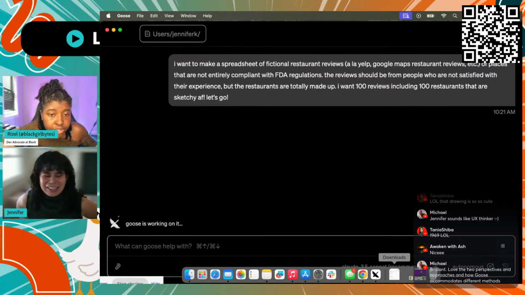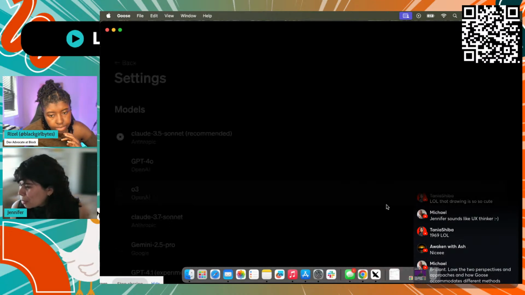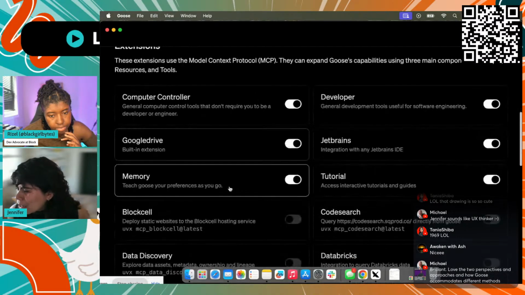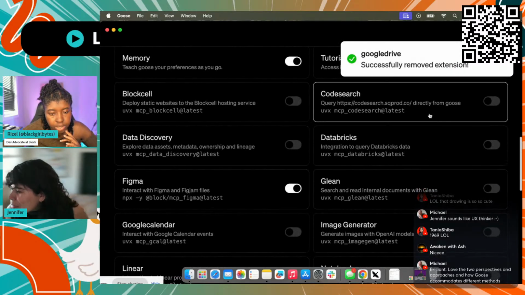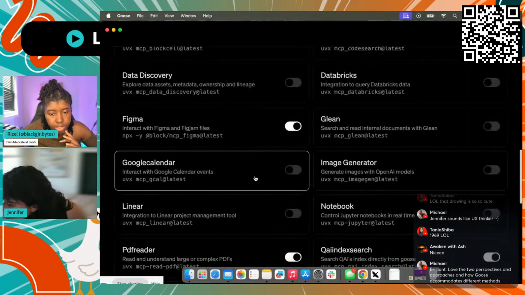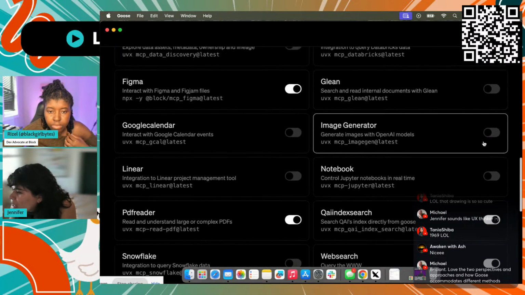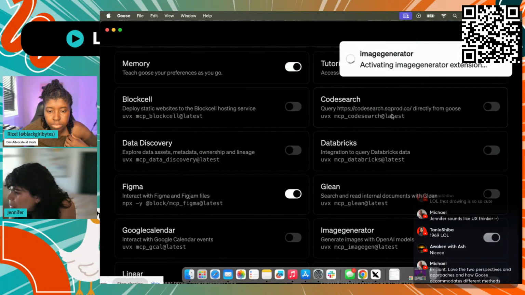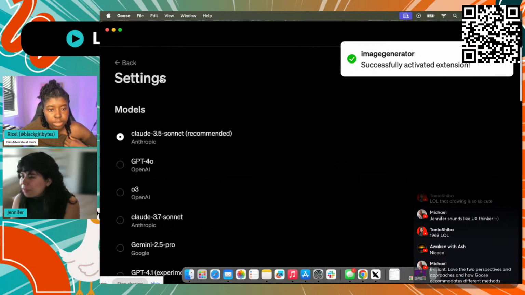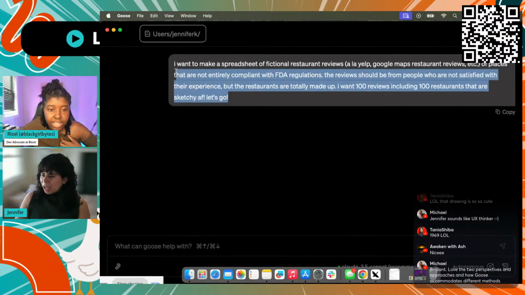And what extensions do you have? You don't have to switch it out or anything, but do you know what extensions you have on? That's a good question. I noticed when I opened it this morning that not everything was on. Let's see. I have Google Drive. Well, I guess they don't need that. My memory preferences, my Figma, my tutorial. I thought I turned on QAI. PDF reading is on. I meant to turn that on. I think this errored out earlier. I wanted image generation too. Okay, cool. But yeah, just some fun different stuff. We'll see what happens. I think I stopped it by accident. Oh no! By going into settings.